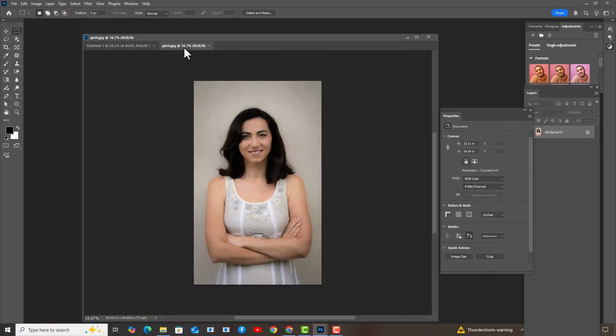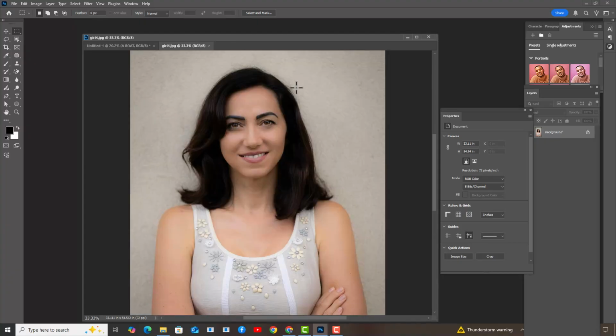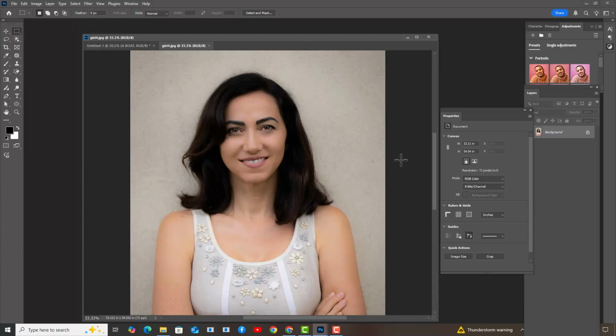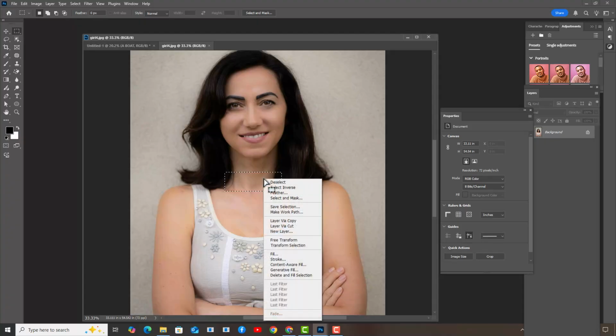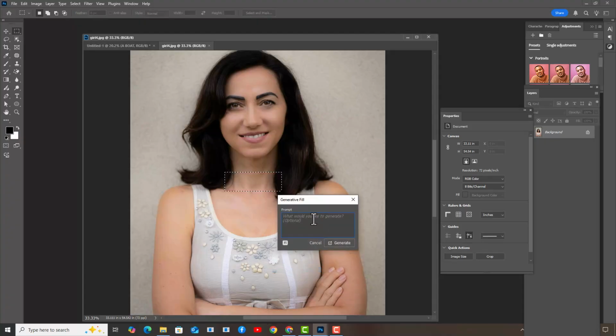Right, let's try to use generative fill on this image. First, what we'll be doing is we will create a nice necklace for this lady. We will just use the marquee tool, and we will draw a selection over her neck, and then we will simply right click inside the selection, open the generative fill, and we will type necklace, and we will click on